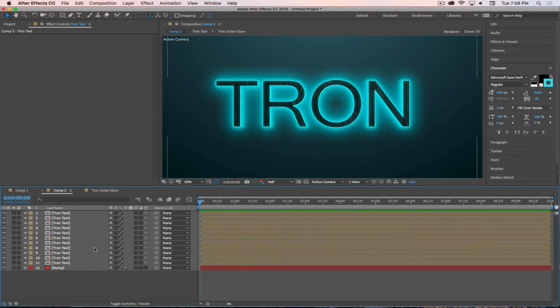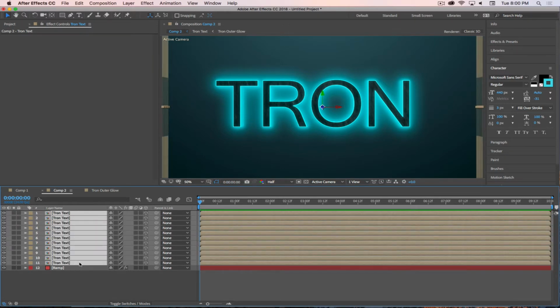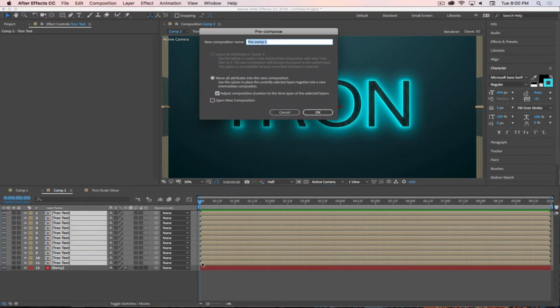And what's going to be really cool, so this is the instance that I was telling you: if you take a bunch of 3D layers and you pre-compose them together, and you need them to work properly in your main comp, you need to click that little star button, the continuously rasterize button. So I'm going to take all these Tron layers and pre-compose these, and we're going to call this